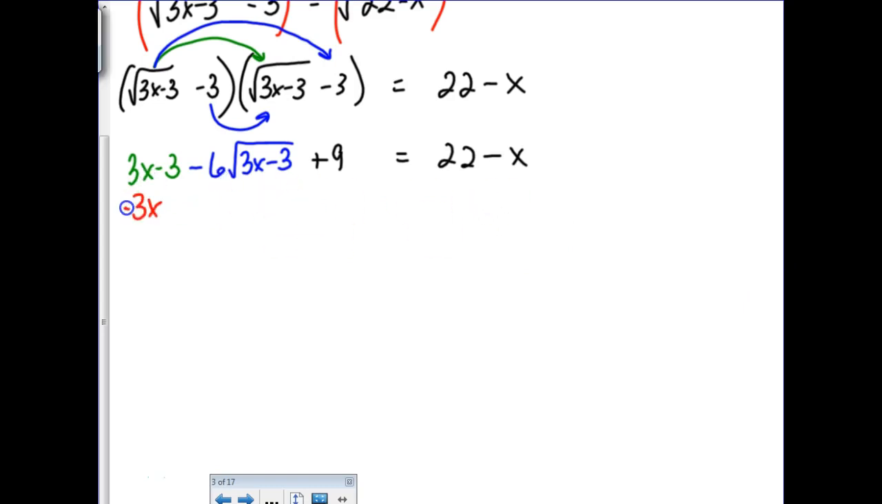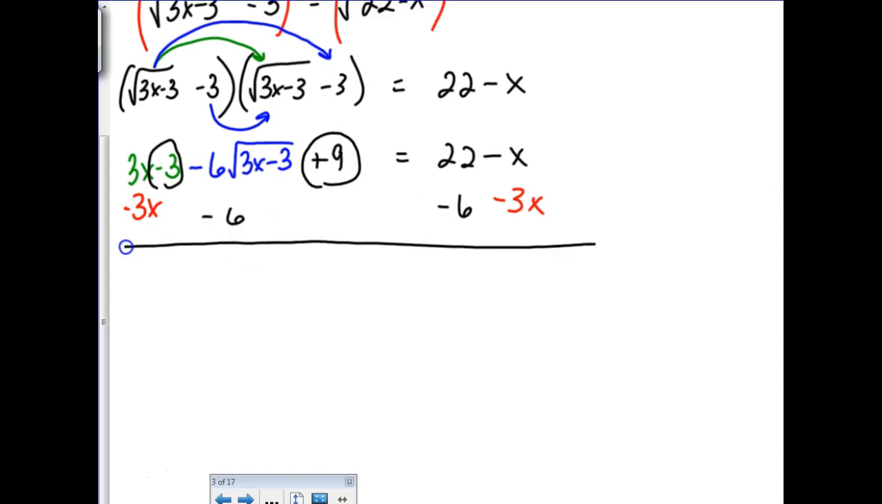Let's go ahead and subtract 3x. And then I'm going to do kind of a cheater's thing here. I have a negative 3 and a plus 9, so that's like a plus 6, right? So I'm going to subtract a 6. I haven't done anything with this minus 6 in front of the radical, though. All right, so right now you have negative 6 times the radical square root of 3x minus 3